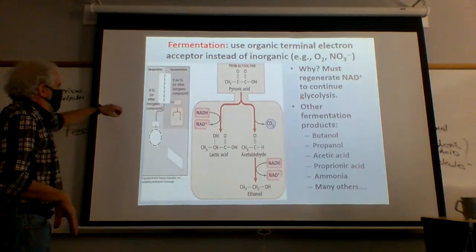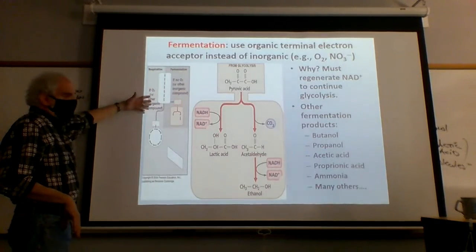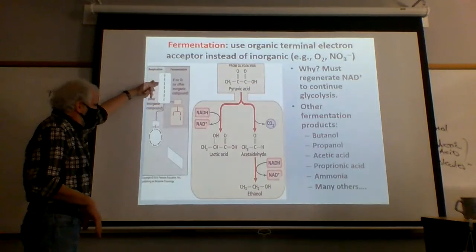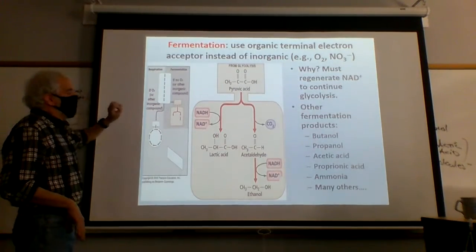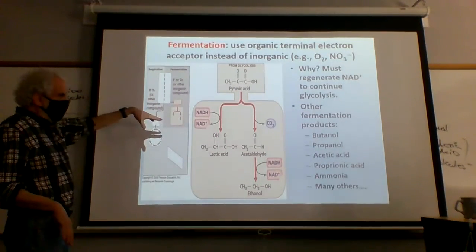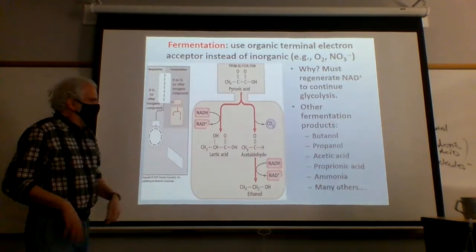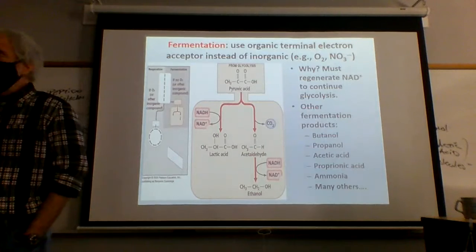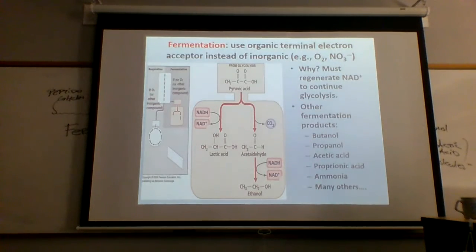So if O2 is present, or whatever else you choose to use as your final electron acceptor, you can run through this entire system. If O2 or whatever it is you like isn't there, we can carry out fermentation. So the main point is you generate a little bit of ATP, you regenerate or reoxidize the NADH back to NAD, and you're able to continue glycolysis. So it's not great, but it's not dead.